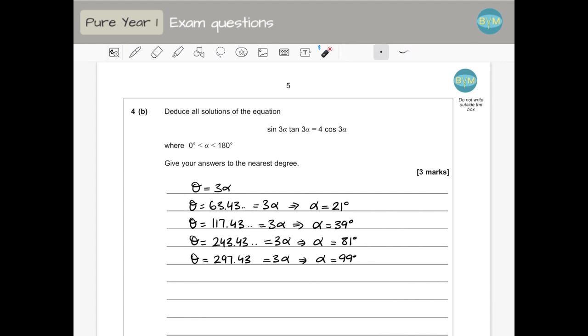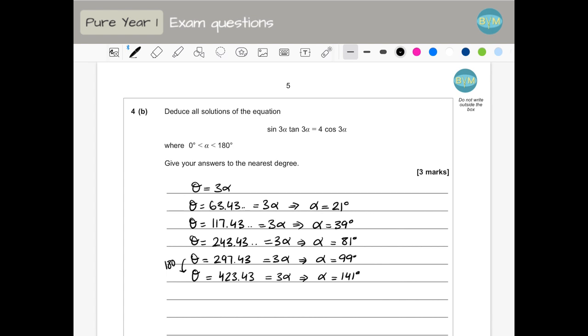But if you notice, our interval goes up to 180, and this is only 99. And the answers go quite close to each other, so it's very likely that we have more answers. How are we going to find them? We are going to find the next answers here. The next answer will be when I add 180, that would be 423.43. If this is equal to 3 alpha, I still get an alpha in my interval, which is